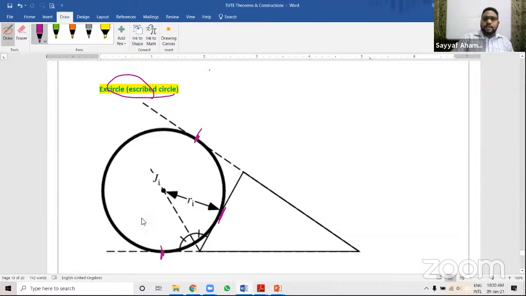These two dotted lines are the ones that are extended outside, right? So the extended points also have to be touched, and also this has to be touched. So for that, you need a center point, right? So how to find out the center point? That is using the bisectors. That means for an excircle, what we need is one perpendicular bisector and one angular bisector,